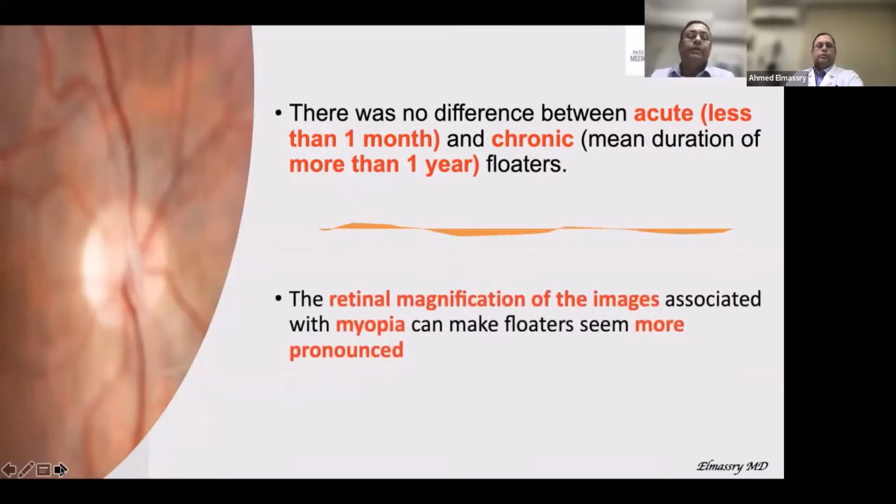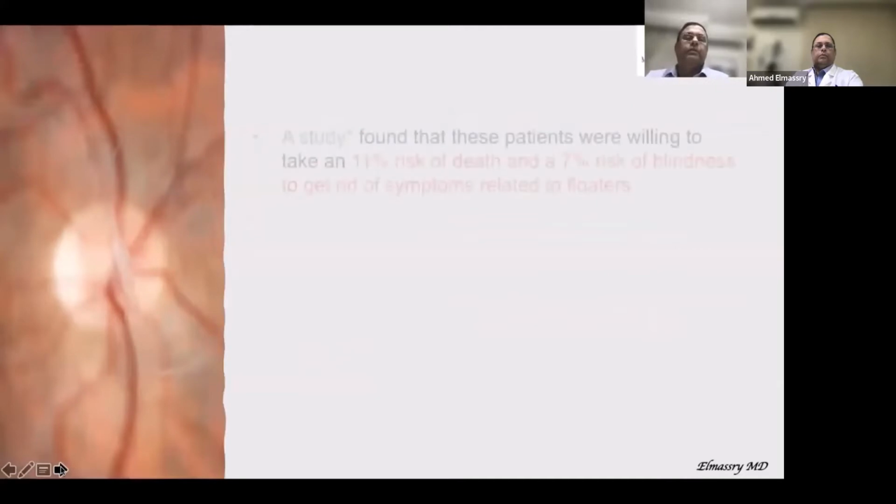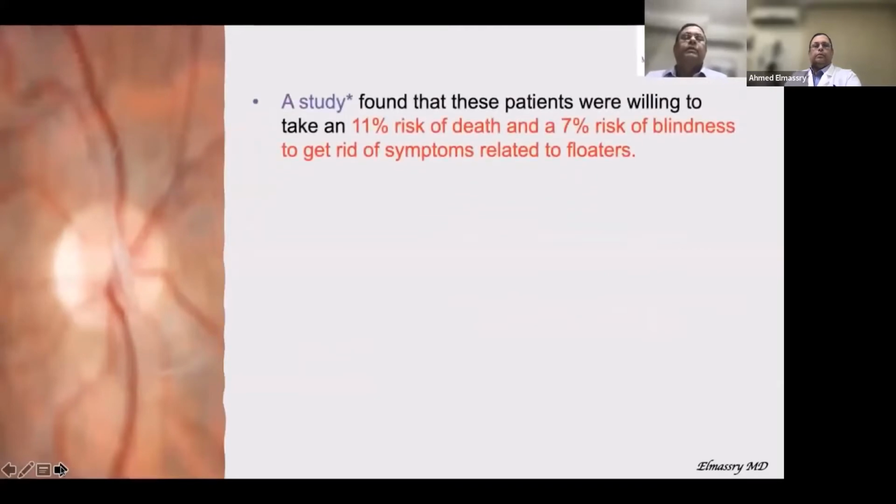The retinal magnification of the image associated with myopia can make floaters seem to be more pronounced. That's why high myopes express their symptoms more than the ordinary population, due to the retinal magnification of the image. And there was a study that found that these patients were willing to take an